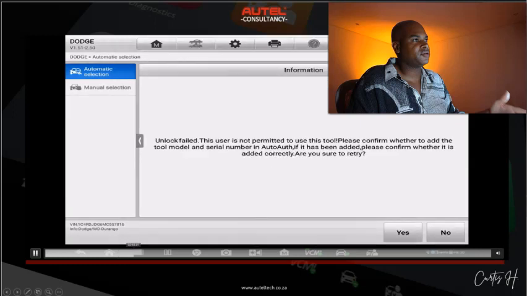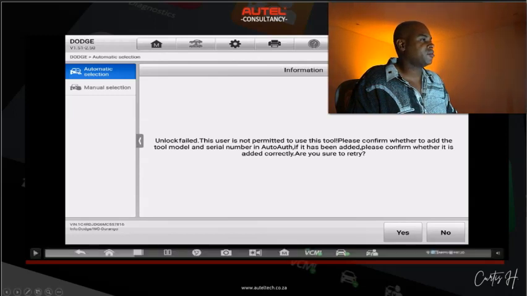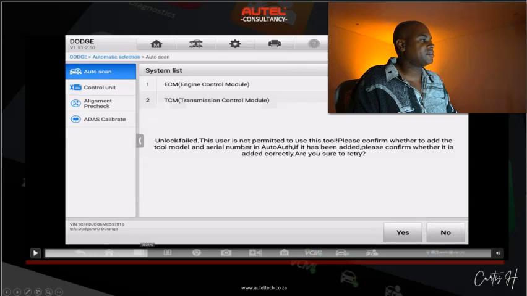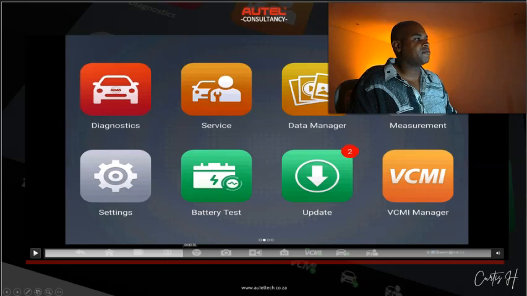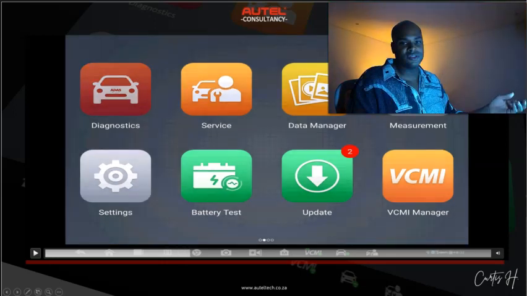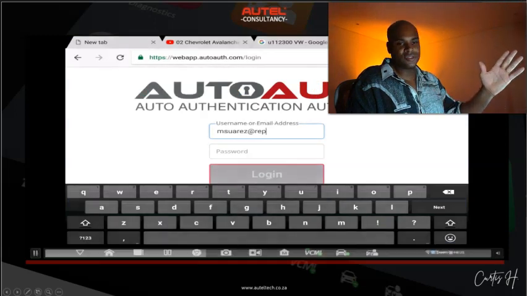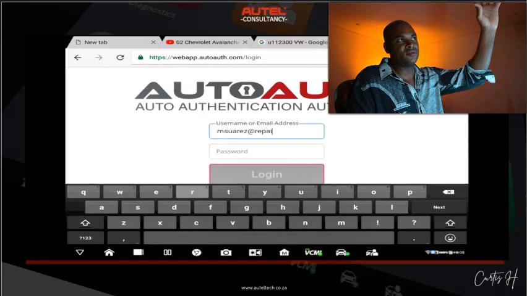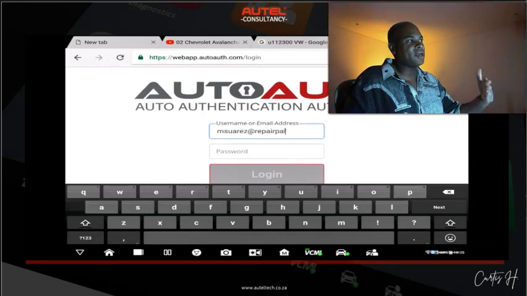Okay, here it is right here. Unlock failed. This user is not permitted to use the tool. Please confirm whether to add the tool model and serial number to AutoAuth. All right, so AutoAuth is basically a third party that is like the middleman. It will take your serial number from your scan tool, verify it through their servers, and then it will get the handshake from Chrysler and then allow you to go through that